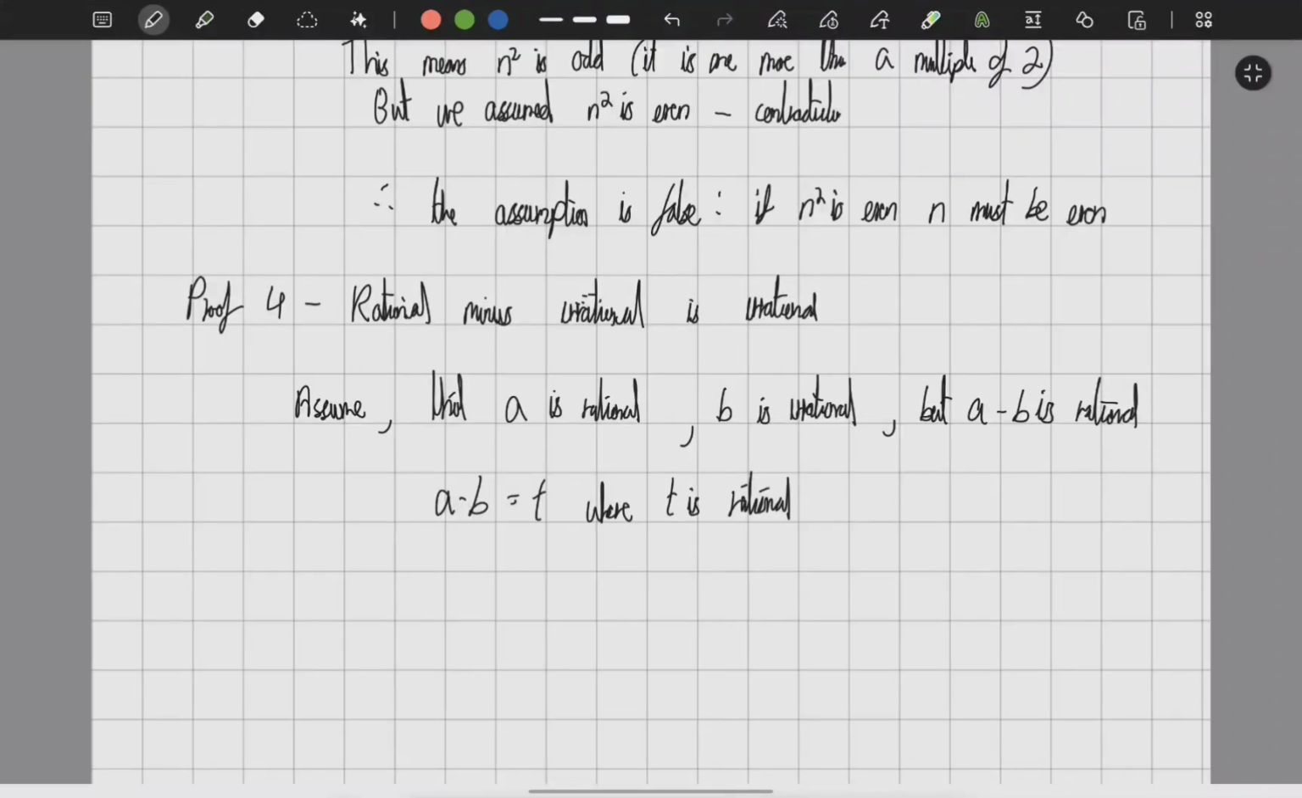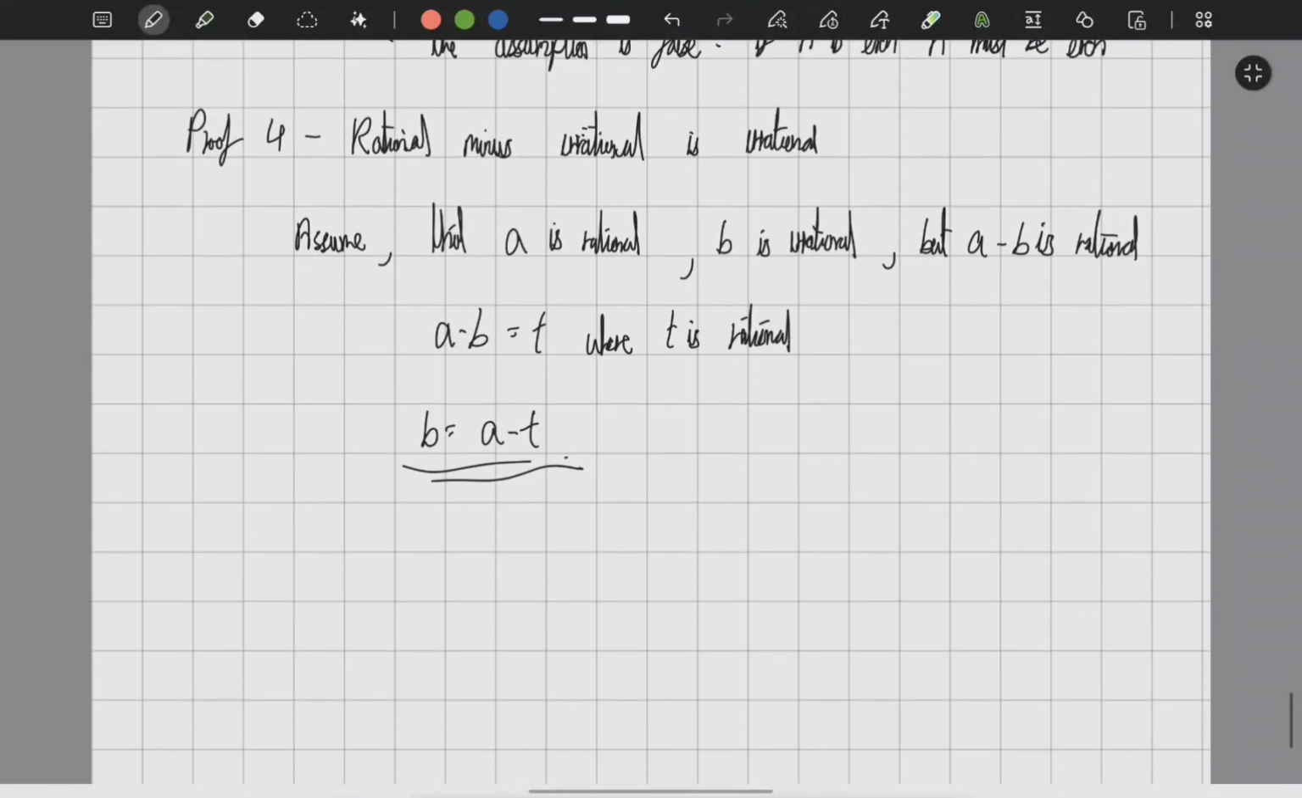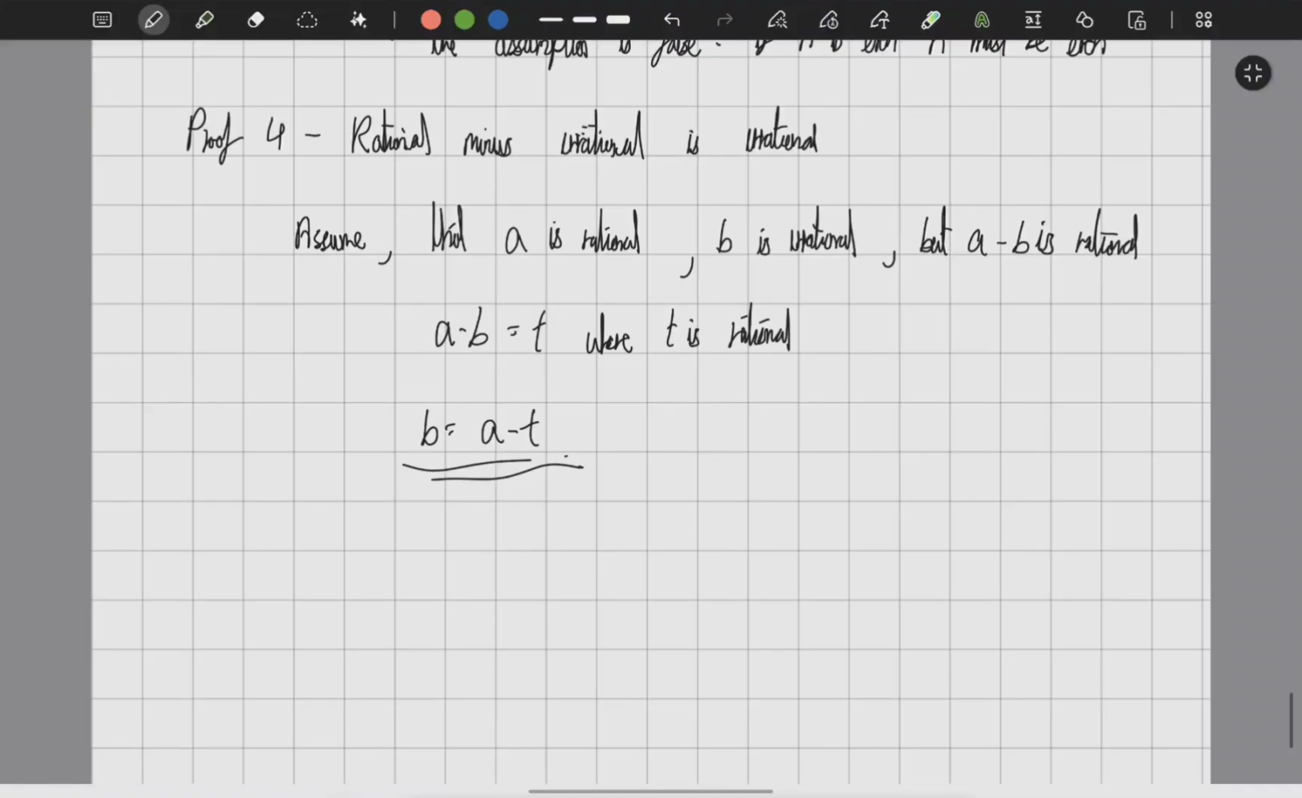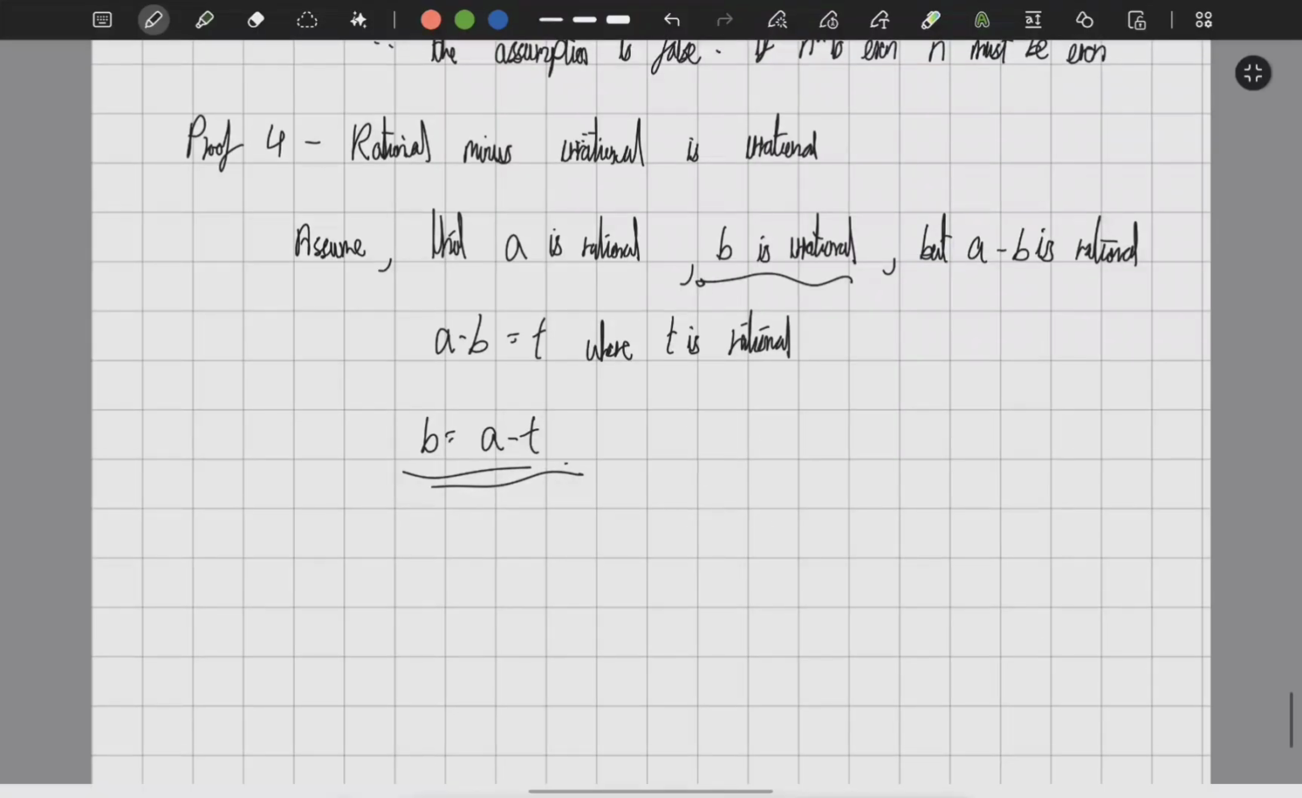For example, if I move the b to the other side, we get b equals a minus t. Okay, so now if a is rational and t is also rational, then b must be rational, because any two rational numbers give you a rational number, but we said b is irrational over here. So there's a contradiction. So if I just write this formally,